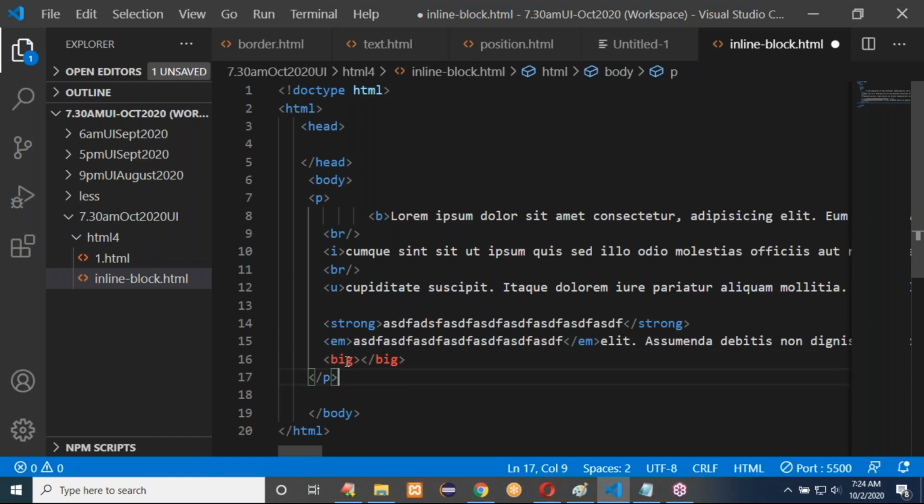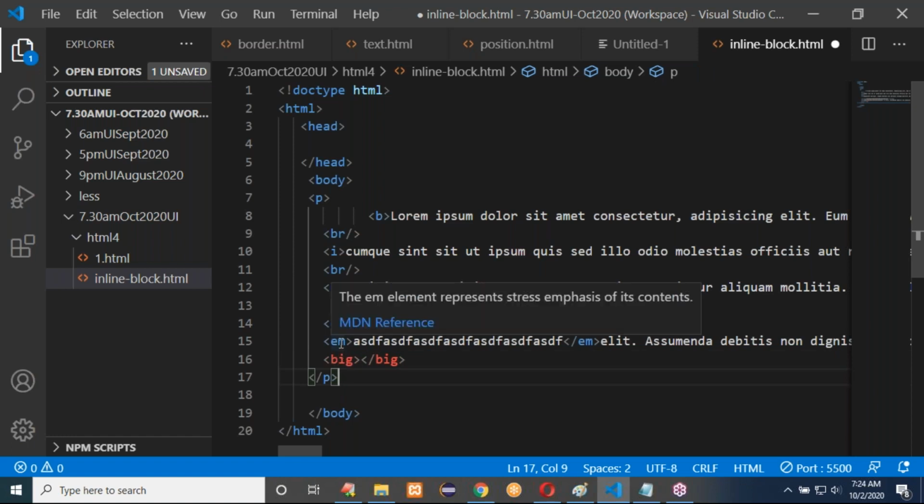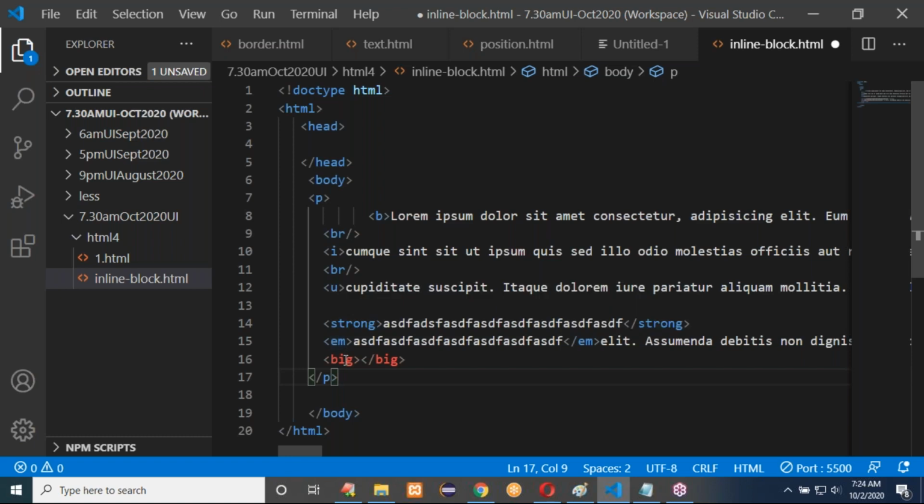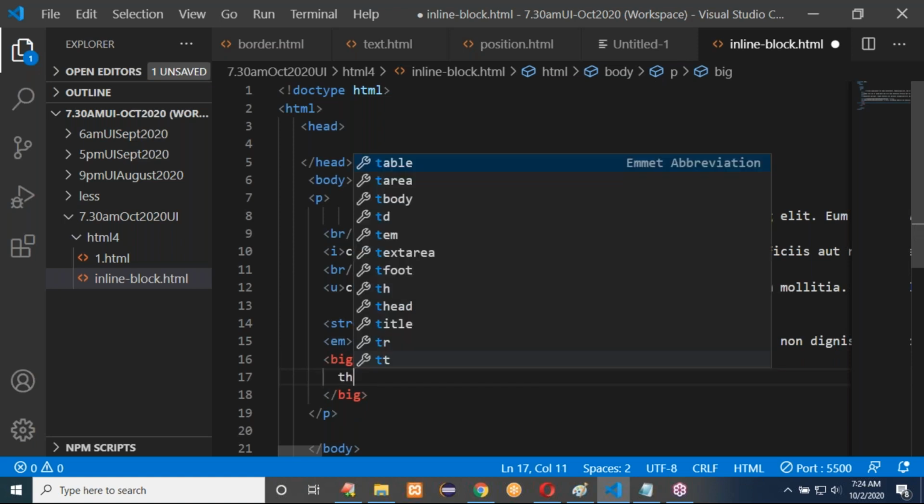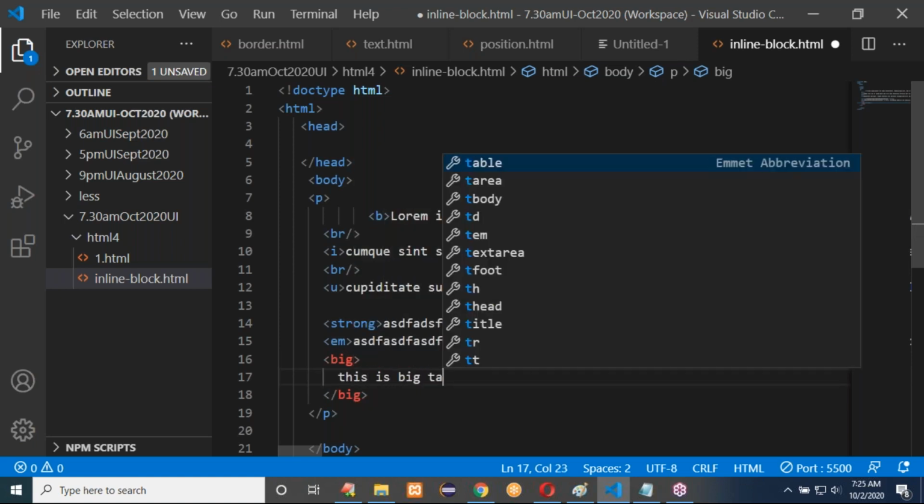See, when I mouse over on it, it's not showing any information. But when you mouse over on it, you can see the purpose of the tag here. If this tag is available in the library, then it will show like this. If it is removed from the library, it will show like this. But if you want, you can display it. So this is the big tag.